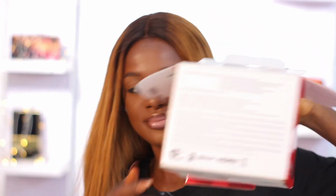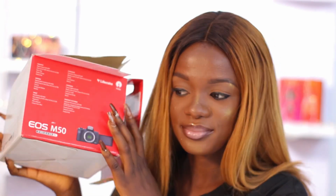I'm going to remove the memory card from the current camera I'm filming with. I'm currently filming with this Canon 700D, and I've had this camera for the longest time. It is a camera after my heart, I must say. But we decided to upgrade just a little, you know, just a little. And I bought the Canon EOS M50. I'm so excited. I've been wanting to buy a camera for a very long time, and I bought it a long time ago